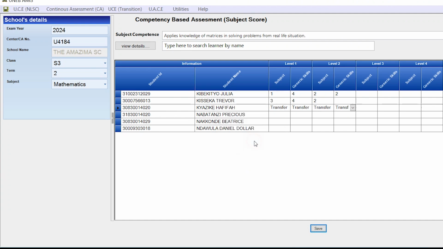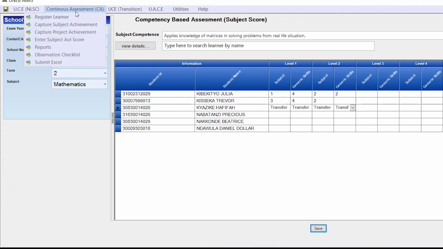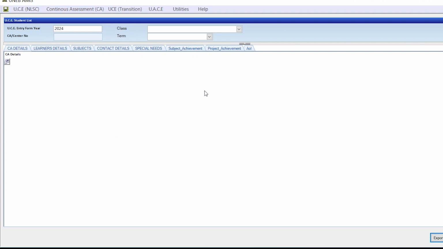Now that is saved. Now after saving this, I want these marks. Let's say one subject has finished and they have their list. So how would they get their list? Come to continuous assessment, and then go to submit to Excel, and then from there you still put these particulars here,